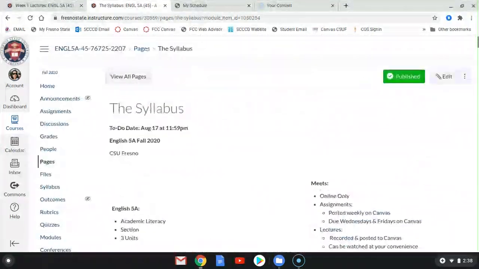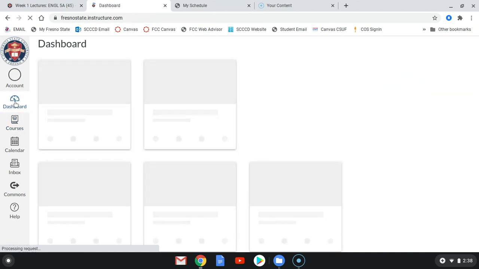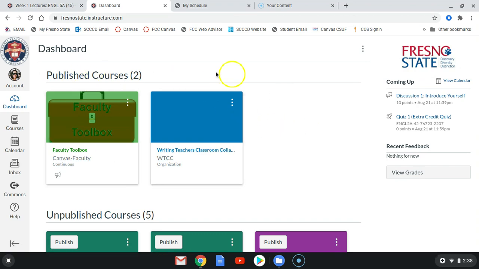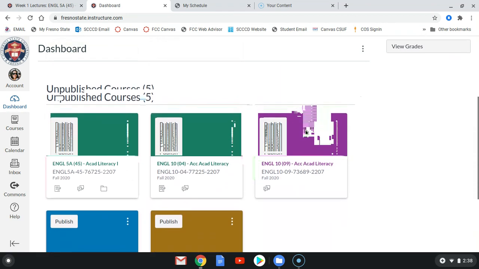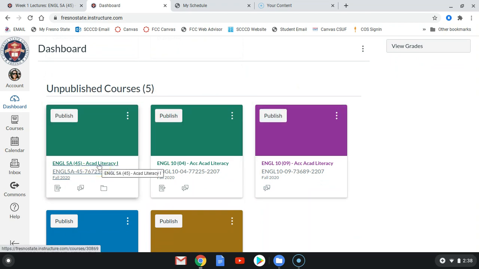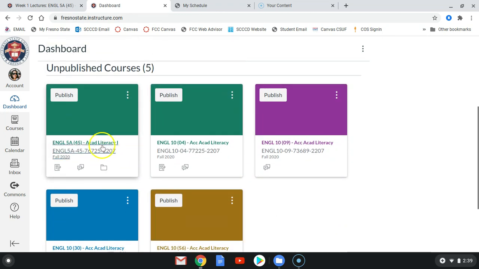This is our syllabus overview, and I wanted to do it this way so that you could share my screen and see how to access your syllabus. If you log on to Canvas and click on your dashboard, you'll see all of your courses here. I'm recording this when courses aren't published, so later on you'll see that your English class is up there with your courses that you can actually see. So you'll click on English 5A,